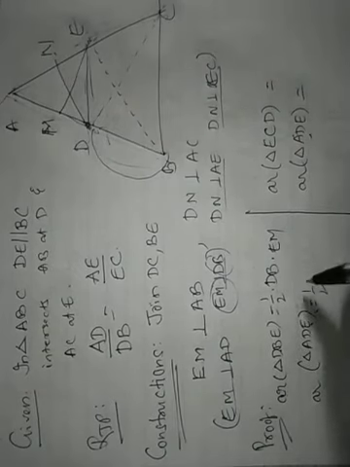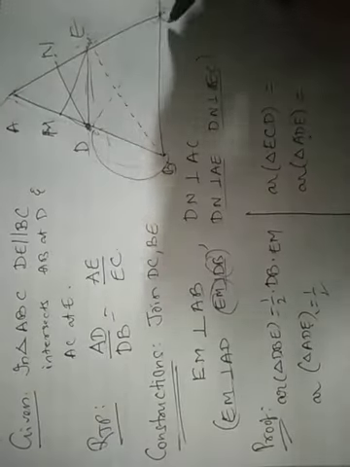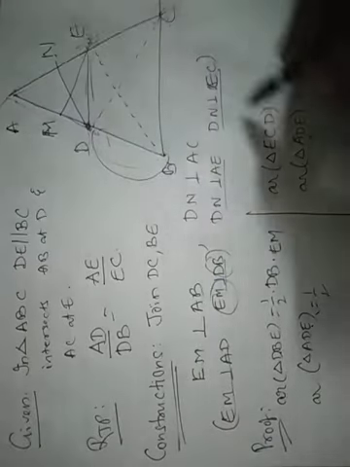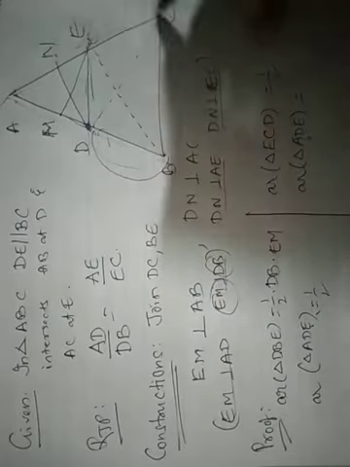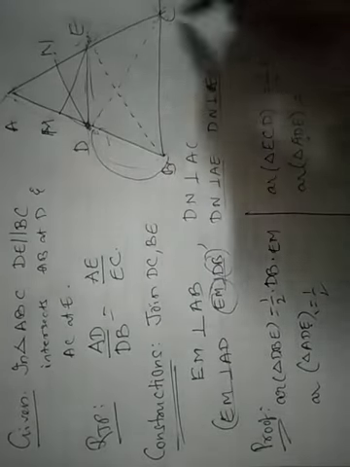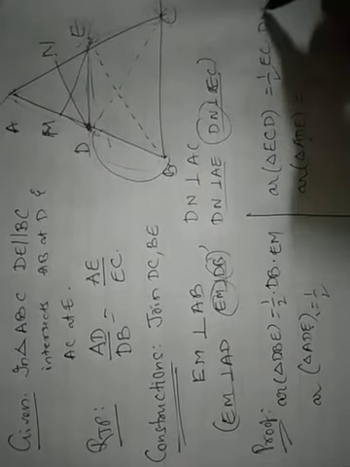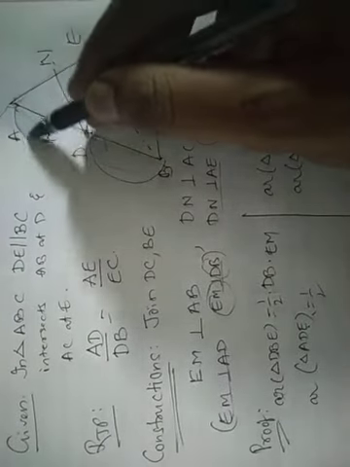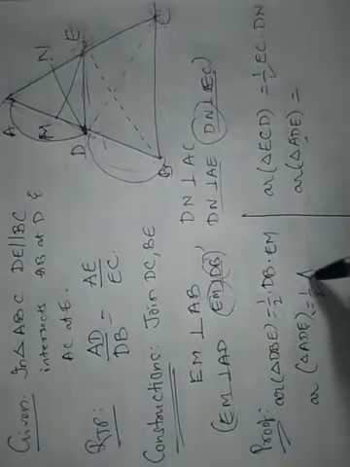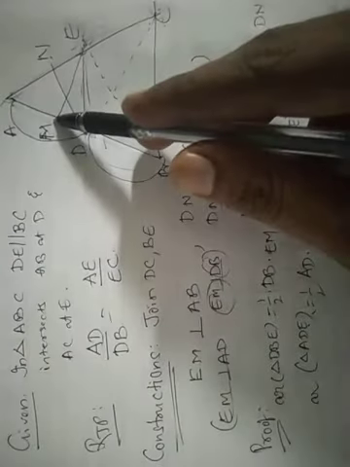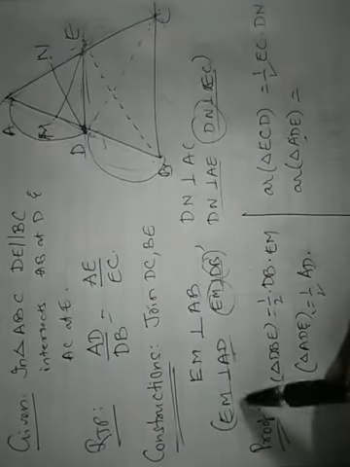Similarly, triangle ADE, let us see later. Now ECD or EDC, whatever it is, what is the base? Half into EC into EC का perpendicular में क्या है? DN. Similarly, now ADE, इसमें base ये वाला ले लेते, half into AD into height क्या है, AD का perpendicular में क्या है, EM.